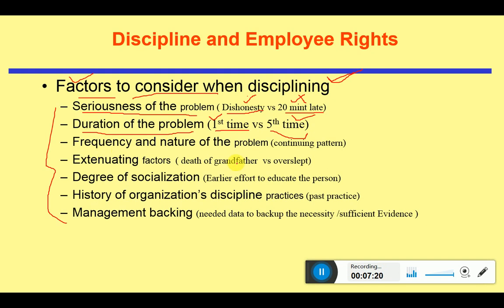Next, frequency and nature of the problem. Continuing pattern. By the name it is clear. It is basically whether the current problem is part of an emerging or continuing pattern of disciplinary infraction. We are concerned with not only the duration but also the pattern of the problem as well. Why? Because continual infraction means disciplinary issues may require a different type of discipline from that applied to isolated instances